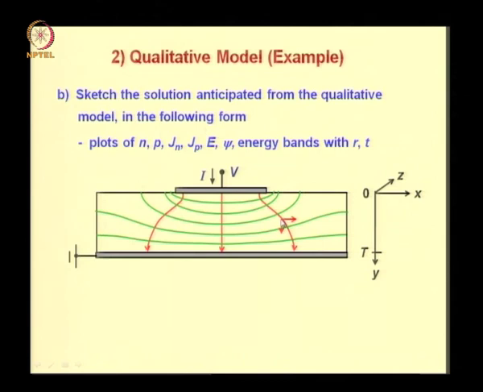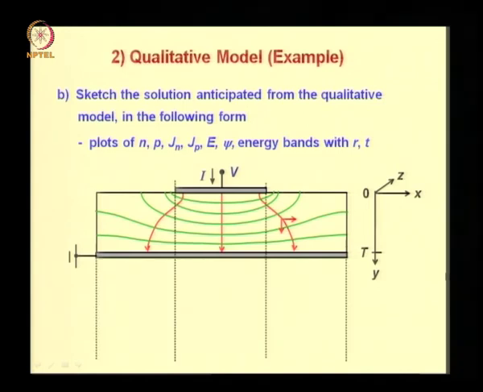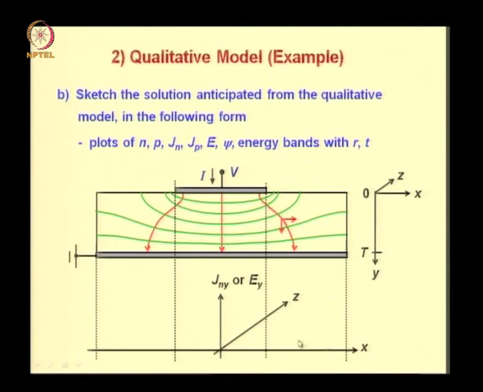So supposing we are trying to plot J_ny, that means we are plotting this vertical component of J_n. The lateral component is J_nx. We will plot J_ny. I will leave it to you as an exercise to plot J_nx. So we set up the coordinate system below the resistor. The vertical axis is J_ny. Since it is drift current, J_ny also reflects the electric field in the y direction, E_y.